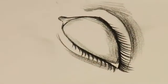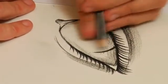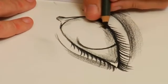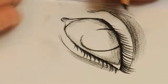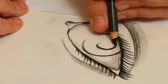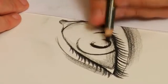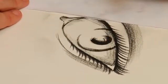Now here we can go in with a harder, not quite as dark, to start getting the iris. You almost never, unless someone is shocked or really has their eyes wide open, you almost never see the entirety of the iris. You usually see, unless they're looking to a dramatic direction, you do see the entirety of the pupil. That came out actually darker, so